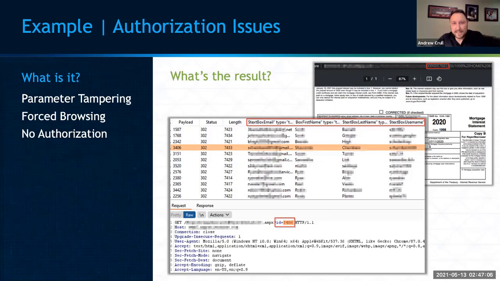So you can see their ID equals 3406. If you see this in your GET request, I see this even on a personal level, buying something in a shopping cart, and I automatically want to decrement that by 1 just to see what's going on. I see this a lot in shopping carts where they say your receipt number is 1234, and I have to try 1233. I just have to see if they restrict that. So anytime I see this, I almost know that there's something there somewhere in this application.